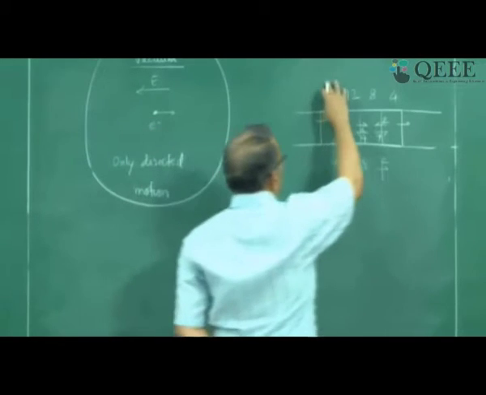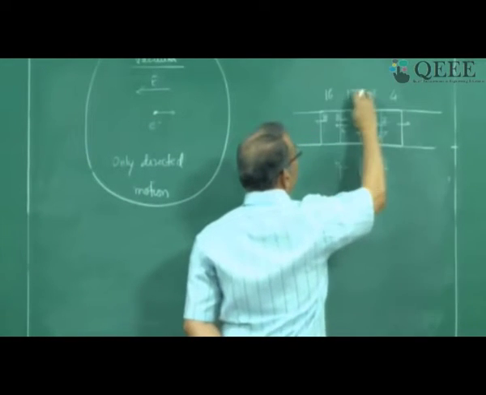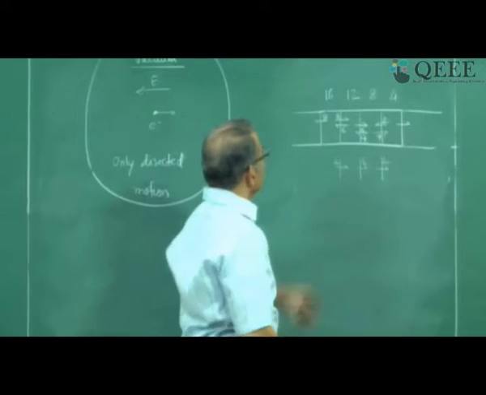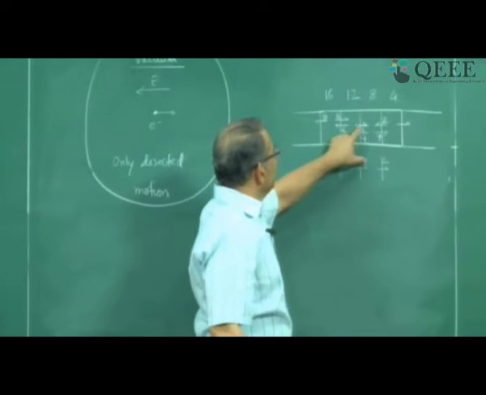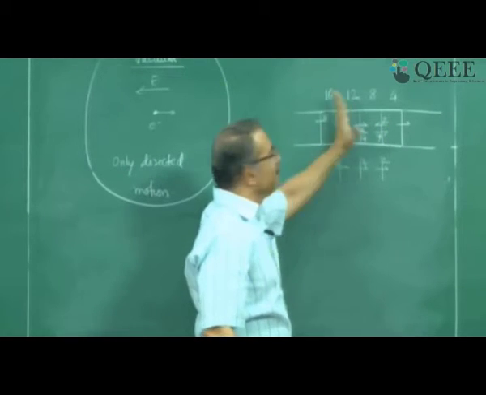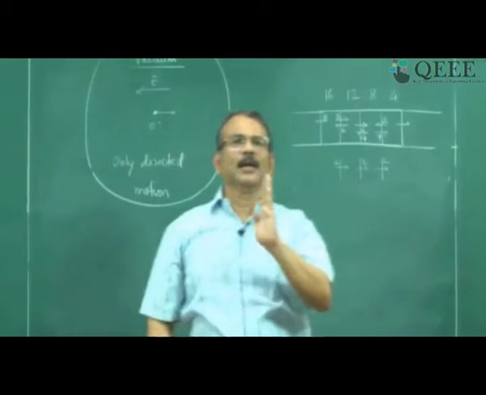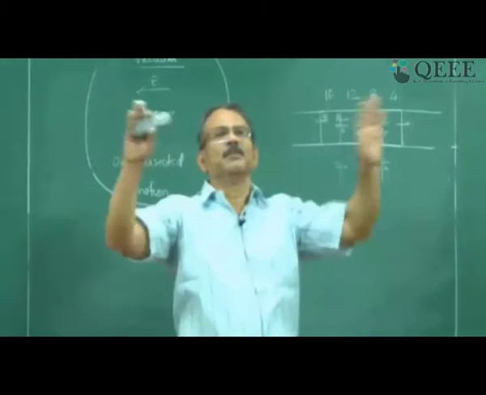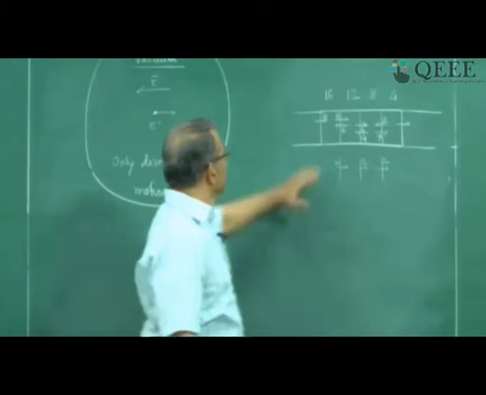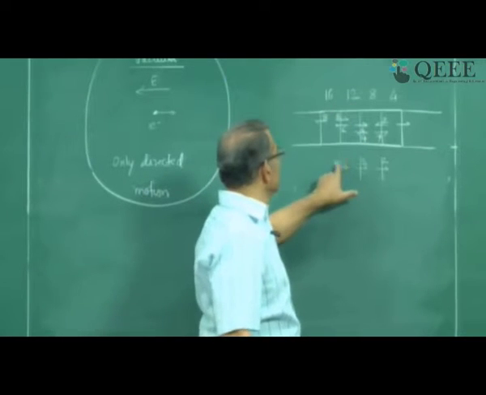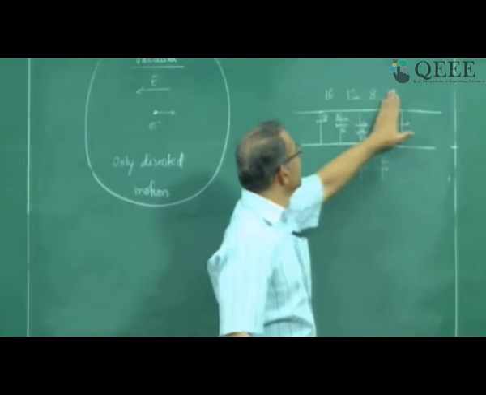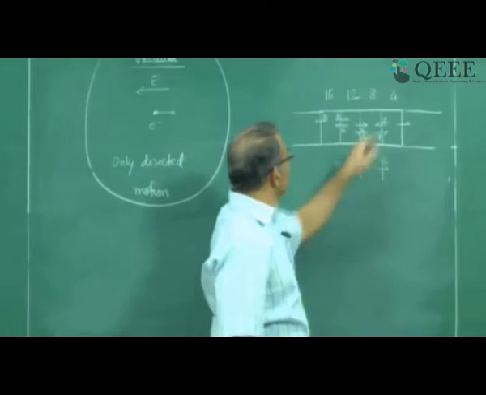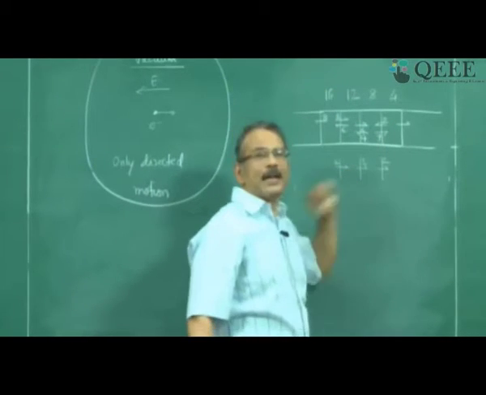If the concentration was the same throughout, if everything was 16, 16, 16, 16, 16, then this number 6 would have been 8, everywhere it would have been 8. So if I take a plane anywhere, I will have 8 electrons crossing from left to right and 8 from right to left, if the concentration is the same, 16 everywhere. So I will have no net motion, so this will be 0. If everything is 16, I will have 0 everywhere. But because I have a gradient, you see I have 2 electrons moving to the right.